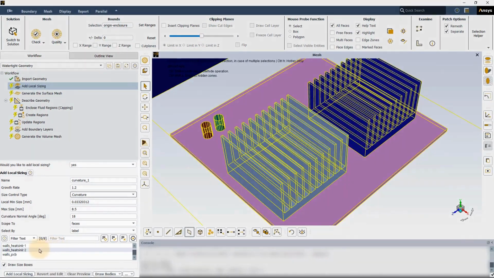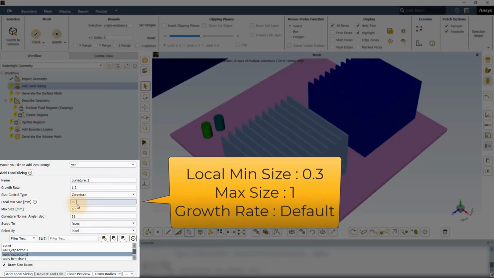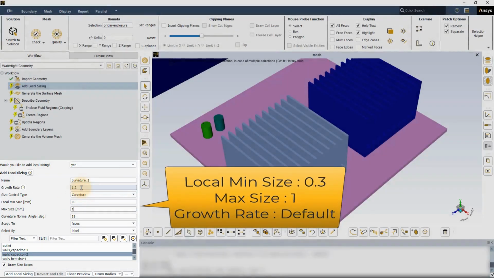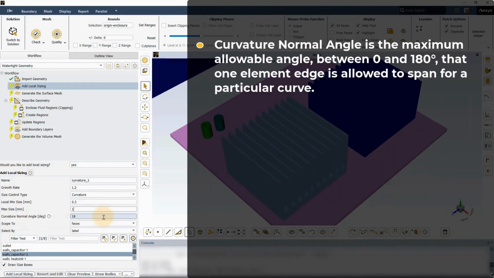Let's select Walls Capacitor 2 and set the local min and max sizes to 0.3 and 1 respectively and keep the default value for growth rate. The main setting of this control type is the curvature normal angle. This angle is the maximum allowable angle between 0 and 180 degrees that one element edge is allowed to span